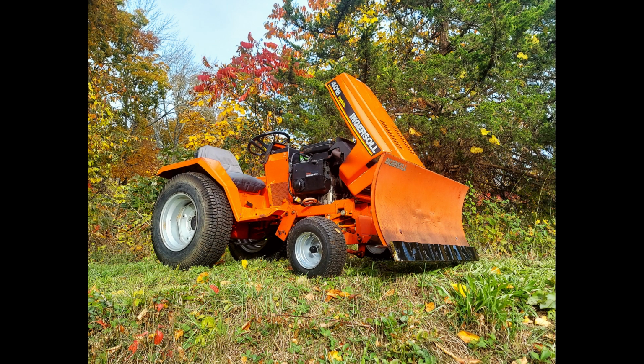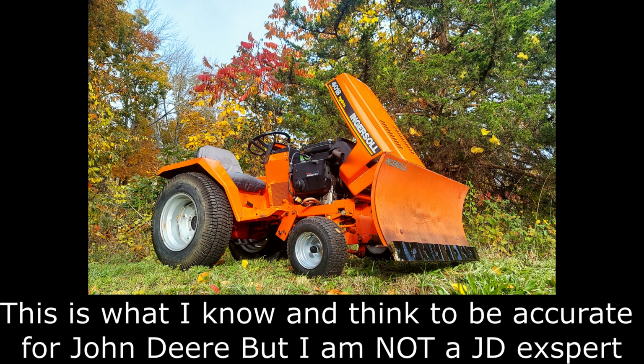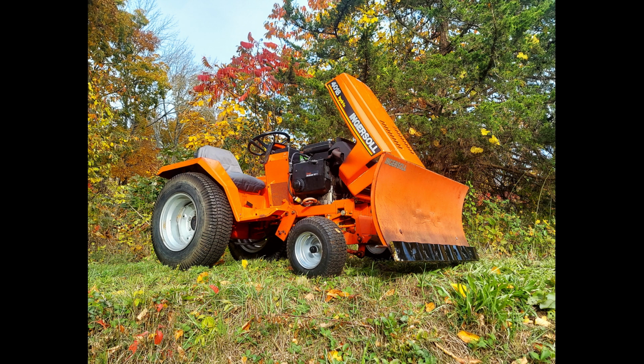So the 4018 was a newer model, and the 4018 had a power steering option, where the John Deere 318 came standard with the power steering, which was a very nice feature. Both great machines. I've owned both of them. Obviously, a ton more Cases, but I've had some 318s. I've run a bunch of them, worked on a bunch of them. They're a nice, smooth machine. The power steering's nice on them. They mow nice. Again, both great machines, and both kind of targeted to a different market, but there was an overlap there